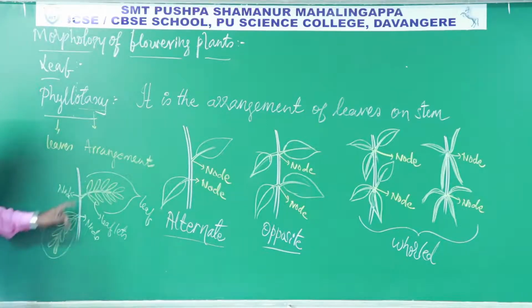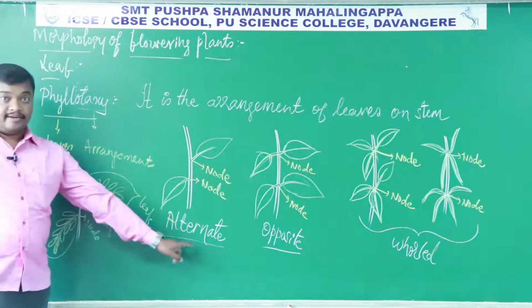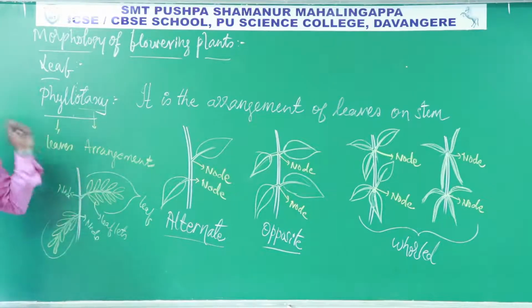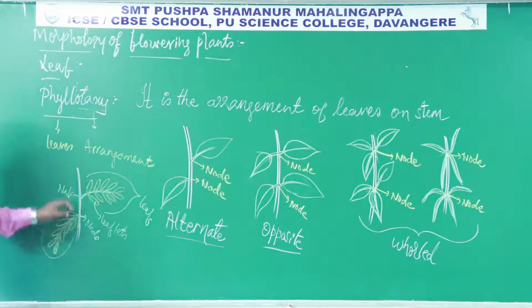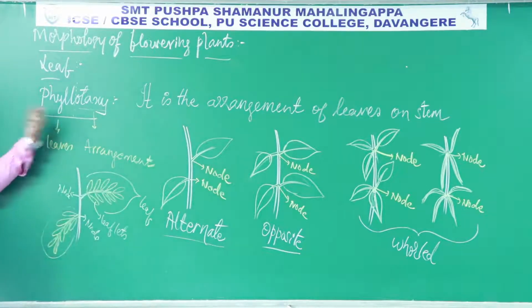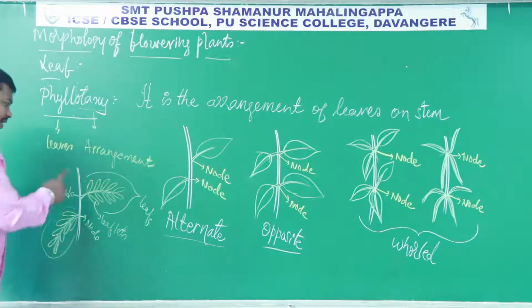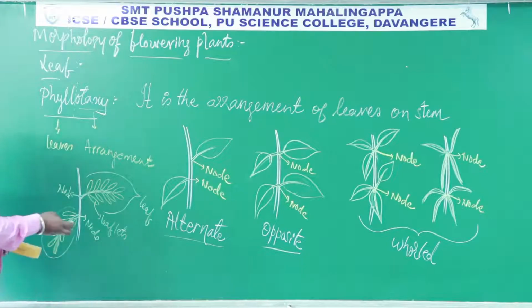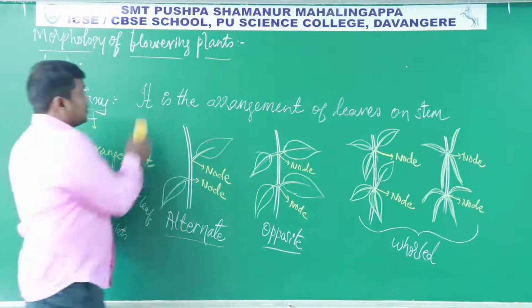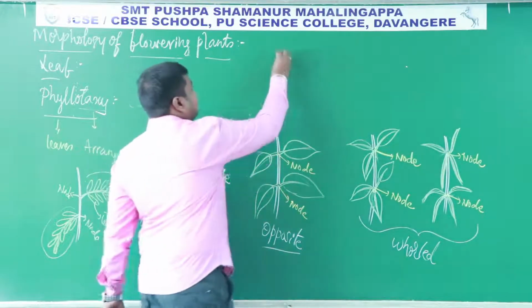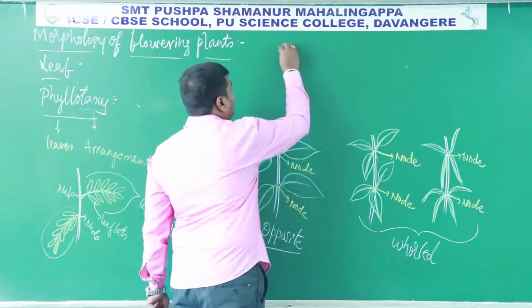So this kind of phyllotaxy is also alternate. You should not consider the leaflets. You should not tell the phyllotaxy based on leaflets. Instead, the entire leaf is considered to tell the phyllotaxy. And even with compound leaves, sometimes they show opposite phyllotaxy as well. In some plants, on the stem,